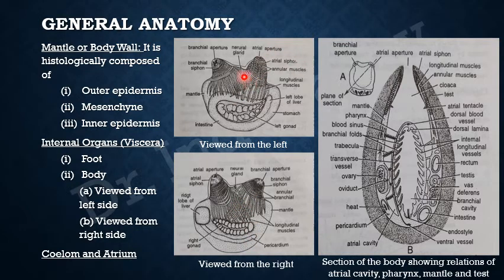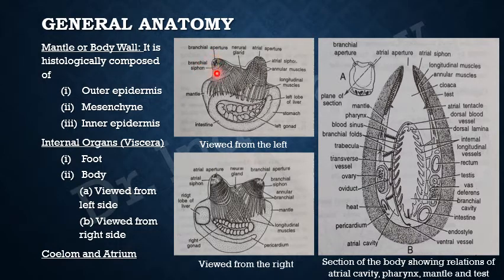Now when we view the animal from the left side, there is the branchial aperture on the left hand side and the atrial aperture on the right hand side. We are calling it left hand side and right hand side, but actually this is the anterior part of the body and this is the dorsal part of the body. So we can see both these apertures